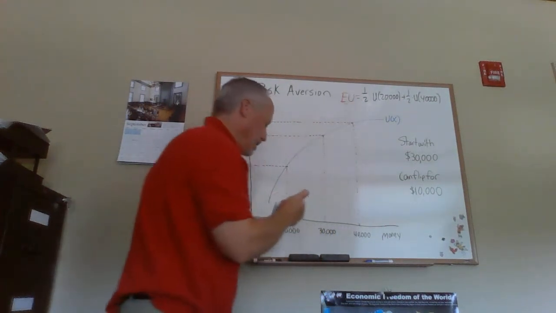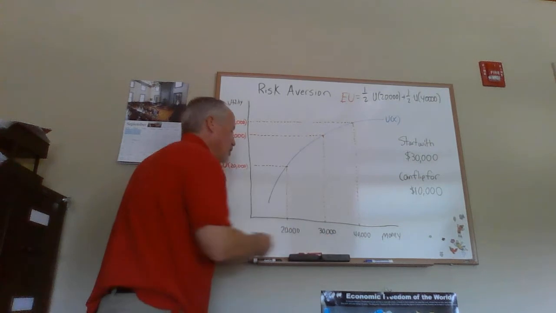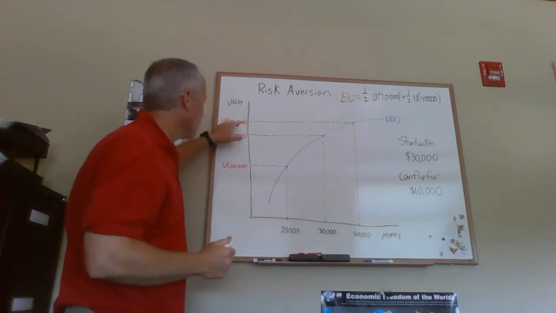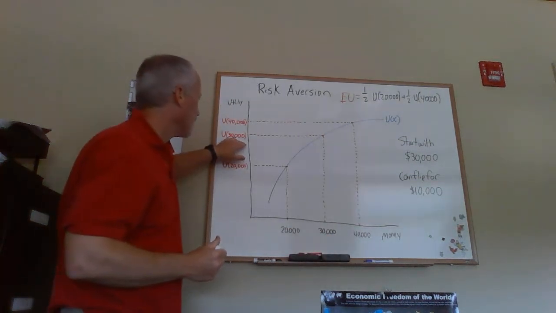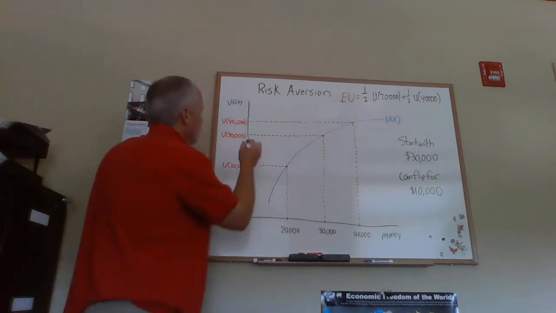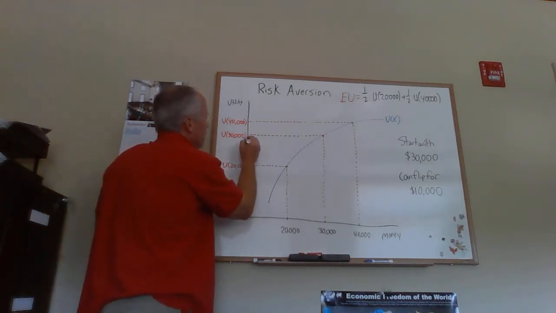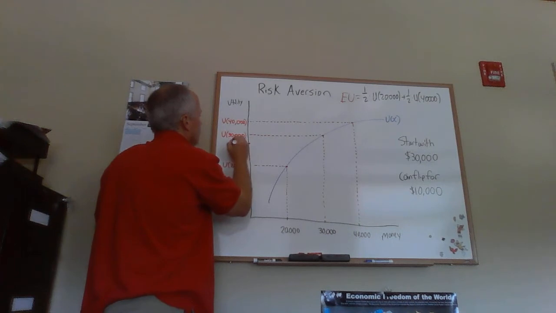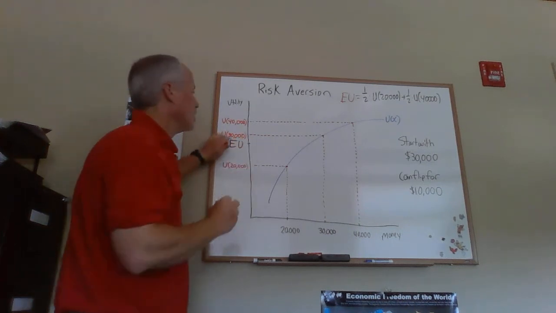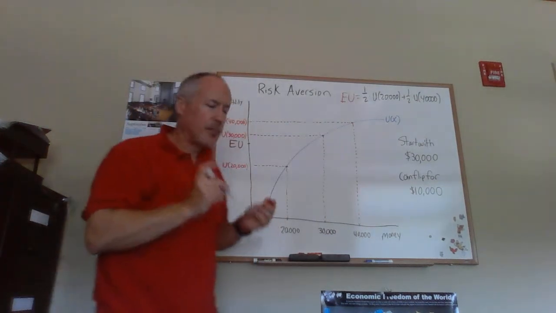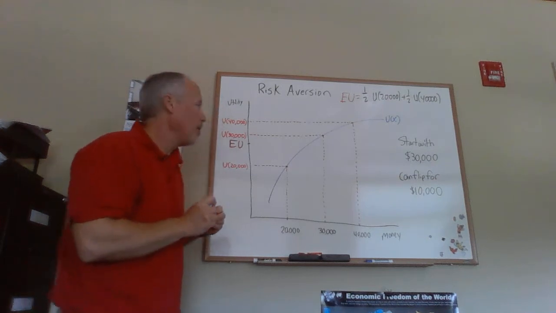That's the expected utility. Now, the thing we have to say is do we know where to put this on the axis? Well, it turns out the expected utility has to be here. Right? The expected utility, that's exactly that amount there. Why do we know this? Well,